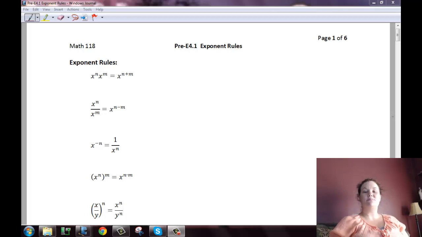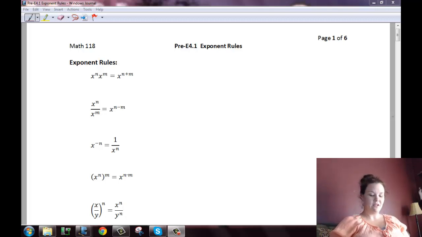Okay, so this is Pre-E4.1, which is Exponent Rules. We're fixing to get into graphing exponential functions. So before we start dealing with exponential functions, I just wanted to review some of the exponent rules that we